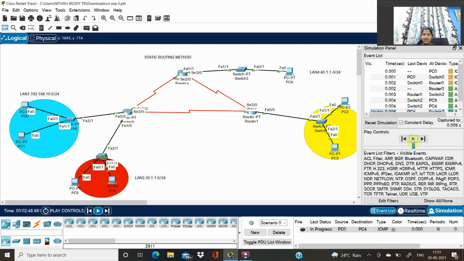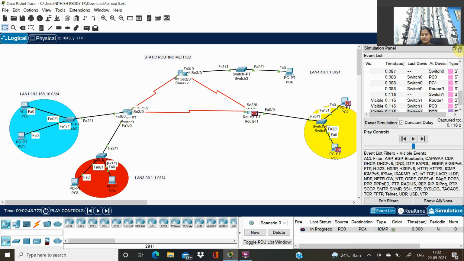Again it is sending from the switch to the router.